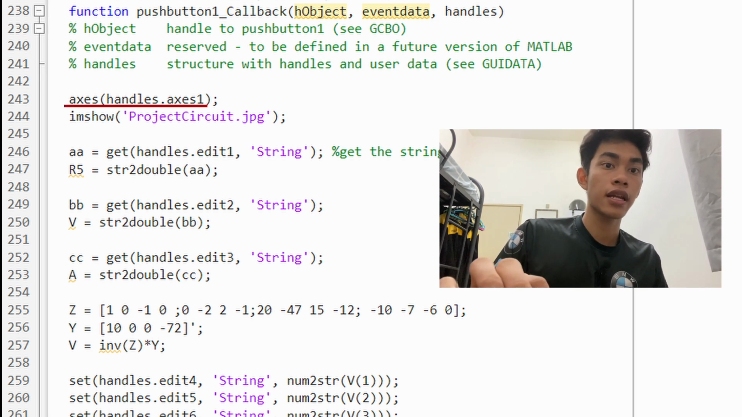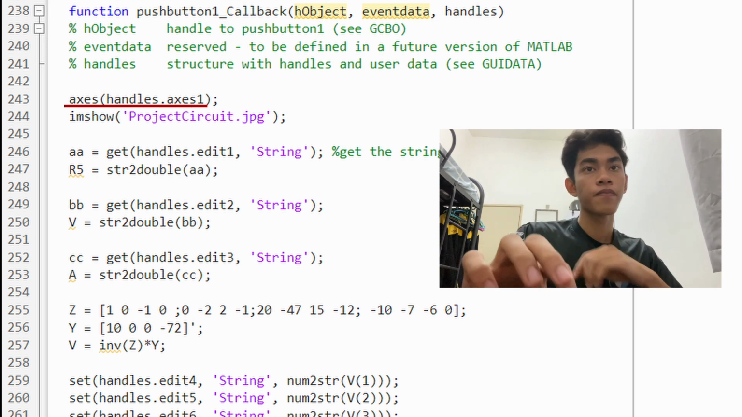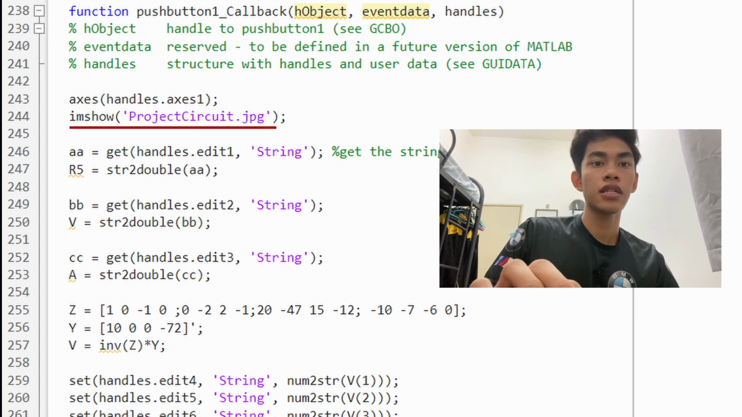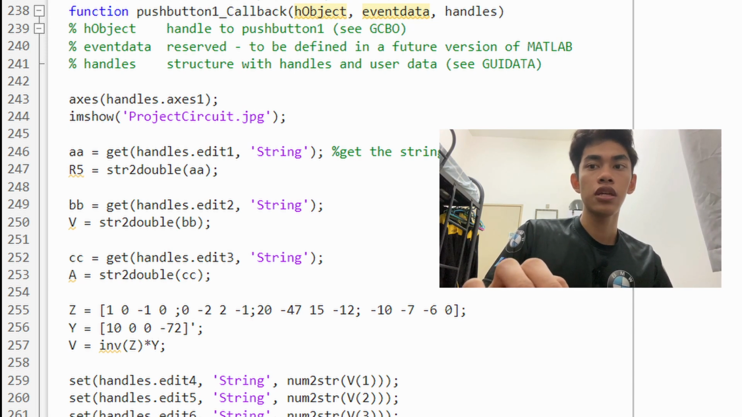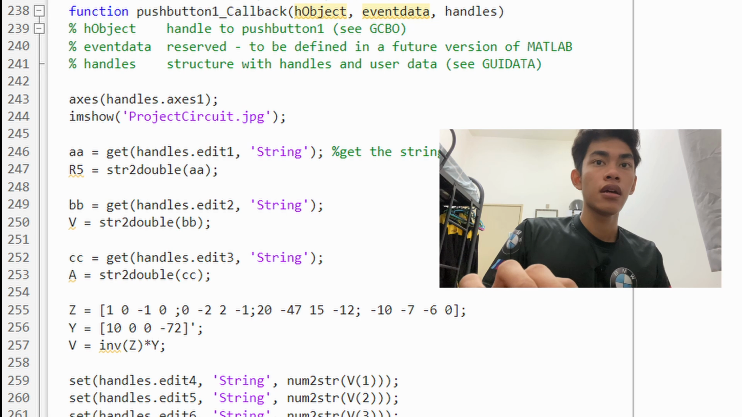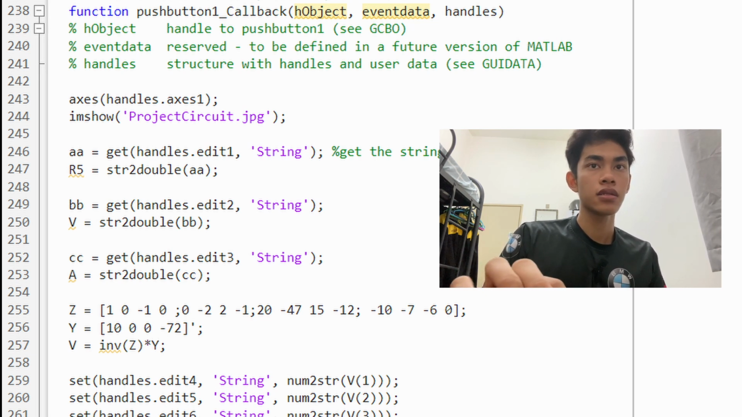For this axes, we need to declare the axes for the picture. Then we're gonna pop up the picture. We need to type the name of the picture that you saved in the file. I named my picture project circuit. You need to type JPEG, because if you type it as PNG, the picture will not pop up. Then we're gonna introduce the input,